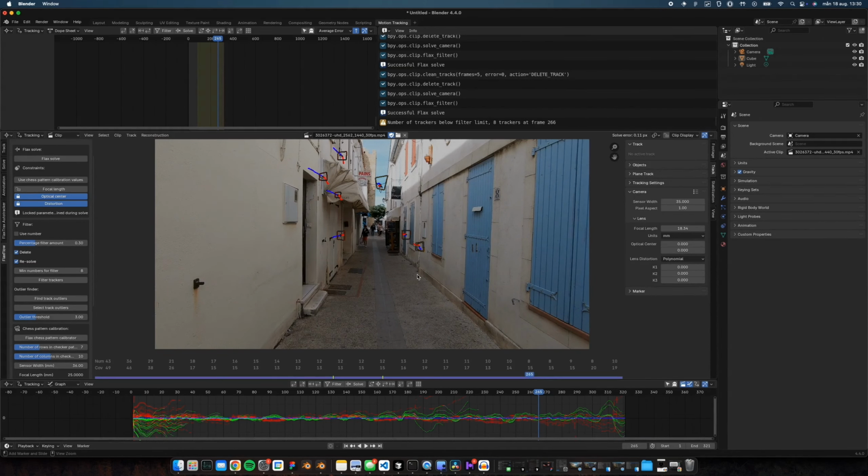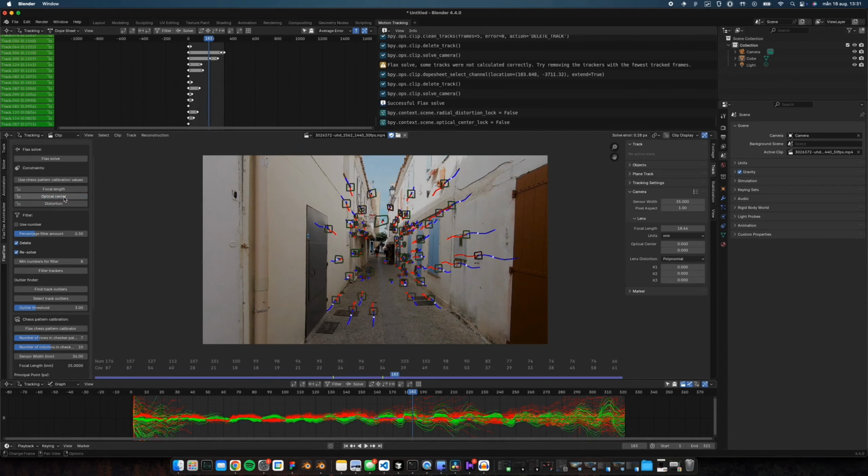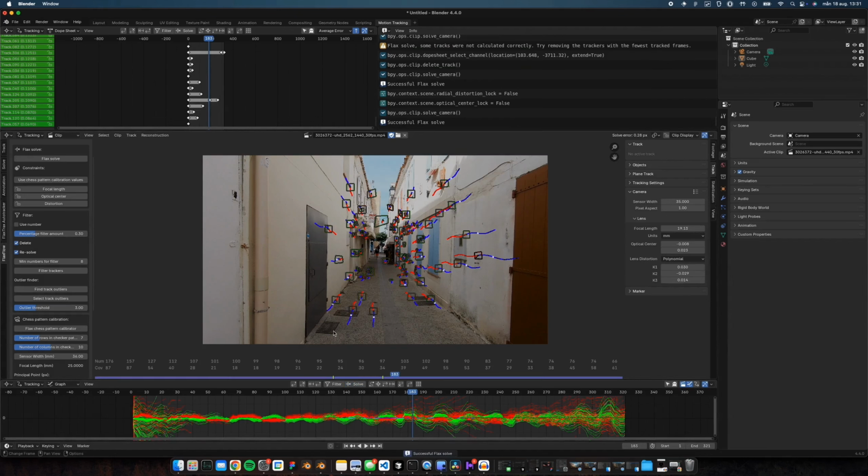So if I just hit Ctrl Z, now we are back. You can see that we currently have a solve error of 0.28. And I actually noticed that we still have the optical center and distortion feature locked. So I will just unlock these and try to resolve it again. Now the solver will be able to adjust the optical center and lens distortion to whatever it wants, which will give us a better